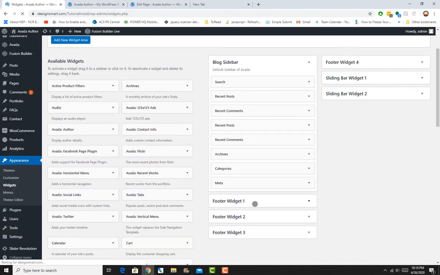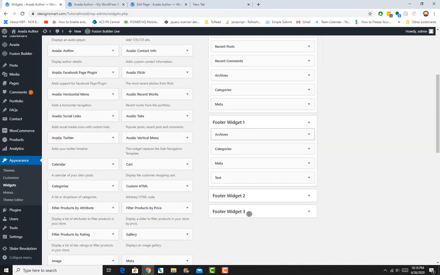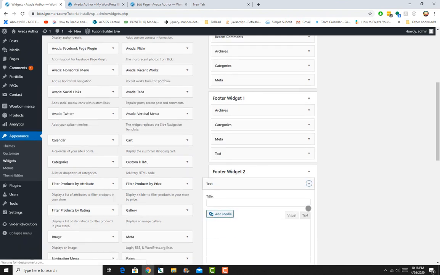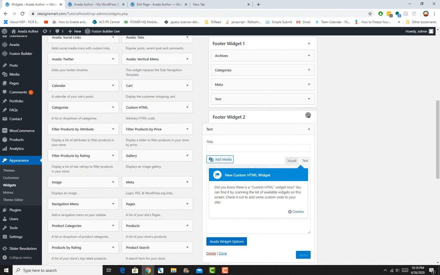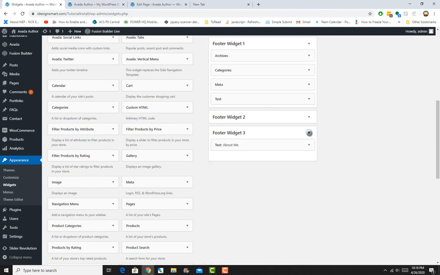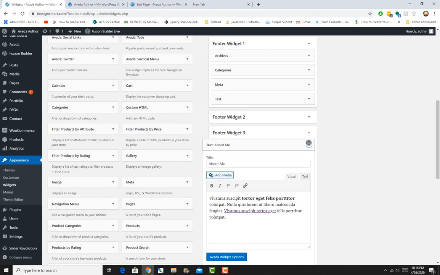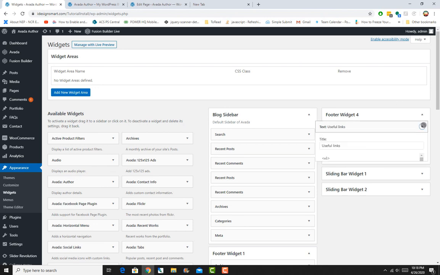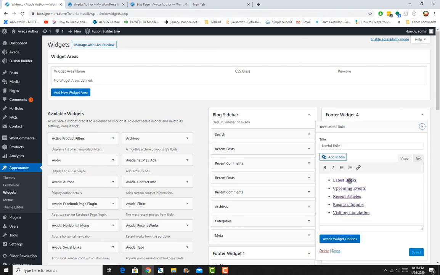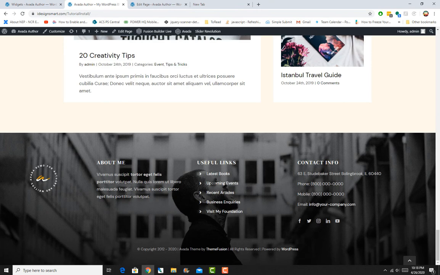Footer widget 1 basically just has the archive categories, meta, and text. There are 4 widgets. Footer 2, text widget, and what's inside of the text widget is basically an empty widget. Okay, and footer 3, about me, and footer 4, useful links. There are a bunch of latest books, upcoming events. They have just created some